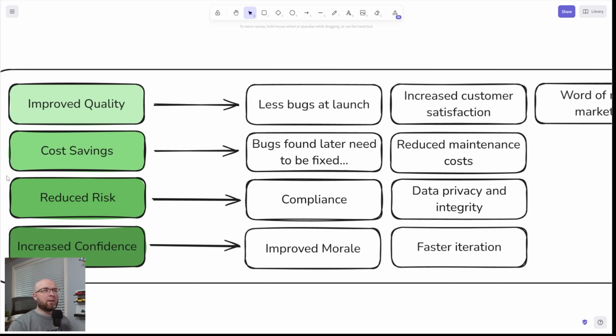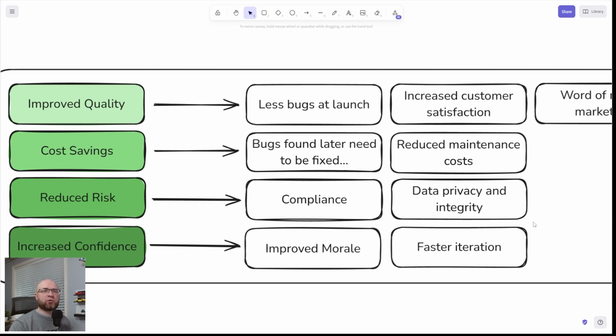All right, so reduced risk. Again, maybe not that obvious, but if you think about things like compliance, if you have tests, for example, that make sure your encryption algorithms work really well, right? Let's say you're storing some PII, personally identifiable information, and you need it to be encrypted. You want to make sure your encryption is all legit, and all of that is working as intended, for privacy and integrity and all these other things.